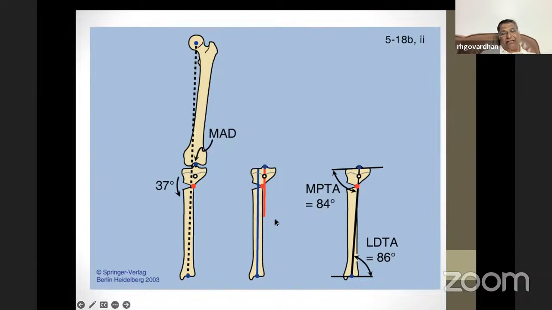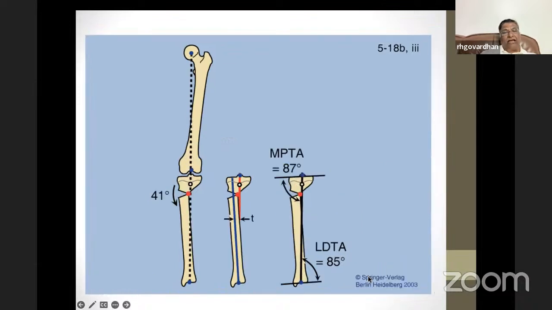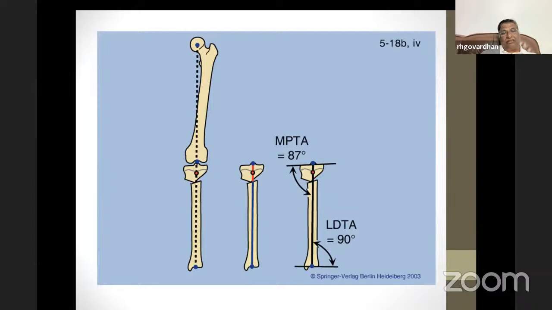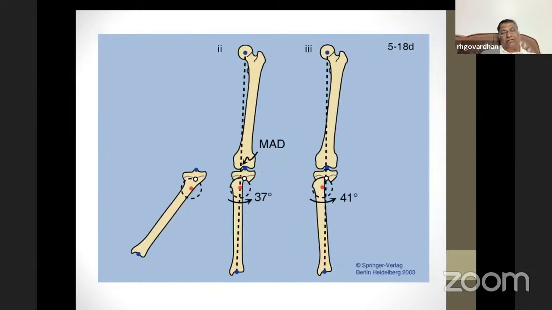So if you want to correct further and make the center of the knee and center of the ankle collinear, then you will find that the medial proximal tibial angle has become 84 degrees and the lateral distal tibial angle changes too. That means the ankle has become valgoid. So whenever you are doing that, it is the same thing. Instead of 37 degrees, you are trying to correct it so that it will fall back onto the mechanical axis line. You will find that the MPTA will change and LDTA also will change. So you need to do a translation so that you will get a good correction,